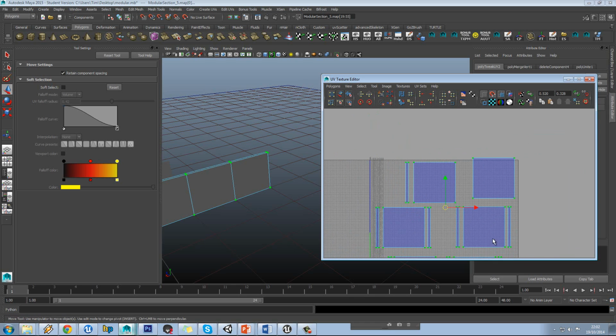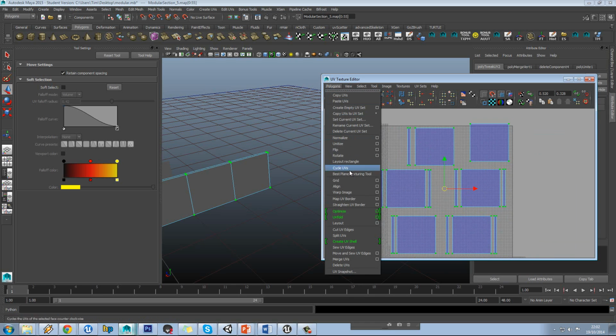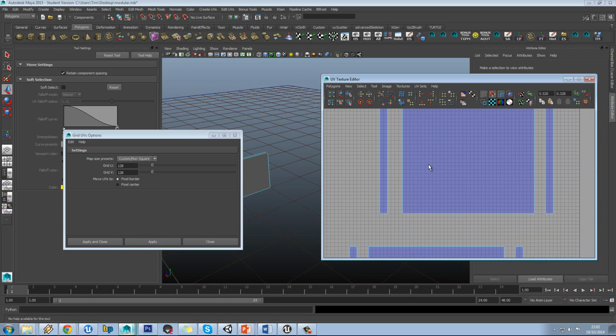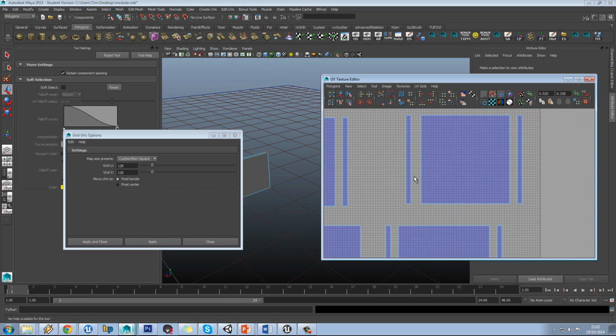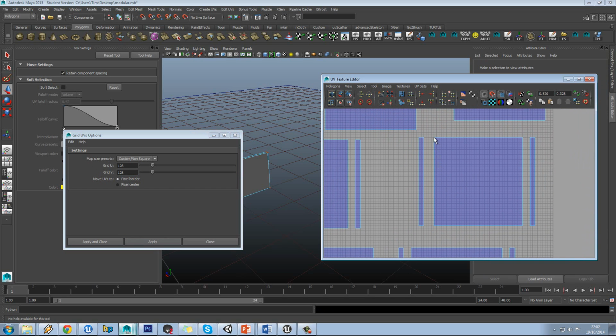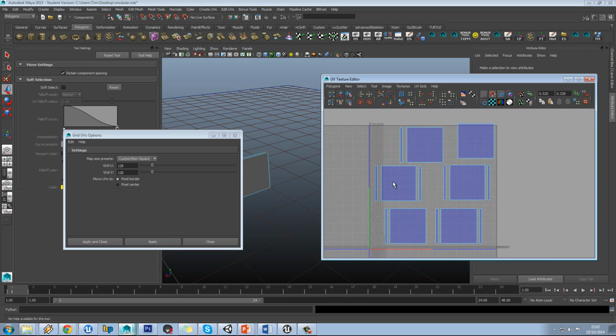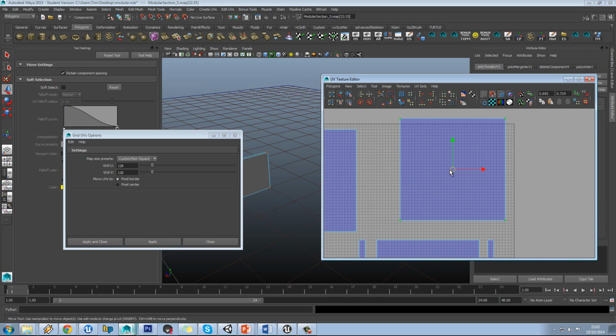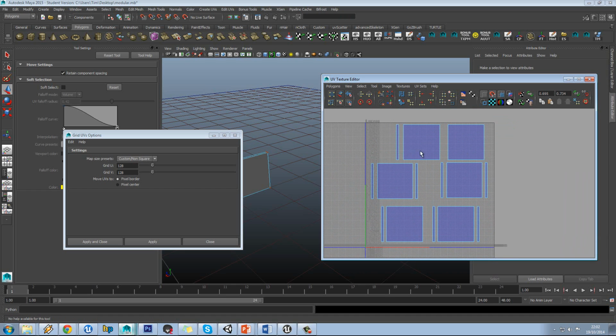Now one little tool you can try here actually, if you just select all of this and go to polygons, make sure your grid is set to the size of your light map and hit apply, and that will actually snap all of these onto the grid. So you can see that's much easier. Now what this will do though is only snap your top left pixel, so if these aren't aligned to the grid they're not going to align, but it's perfect in this case. It hasn't done this one because this one was outside our UV window. We'll pull that in,